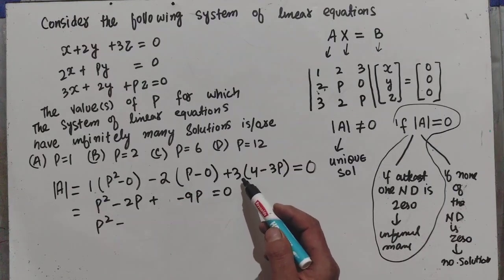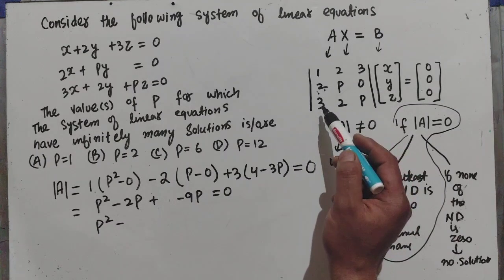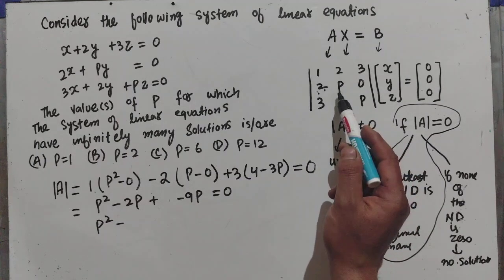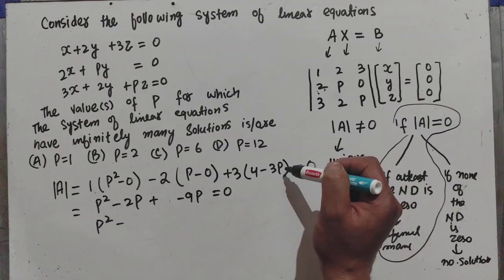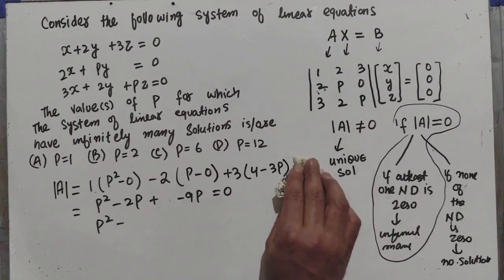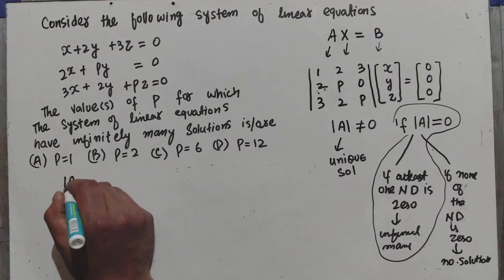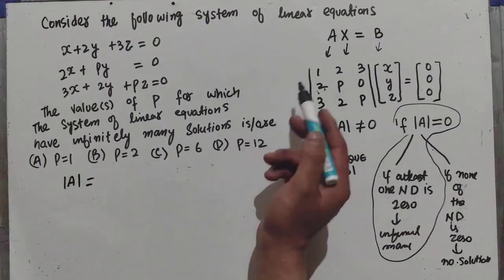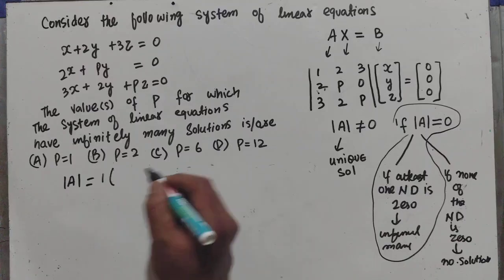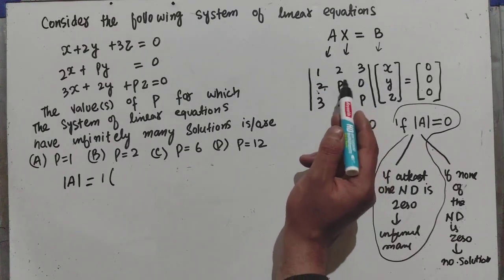Okay, so we have 2 2s are 4 minus 3p. Okay, 3 3s are 9. Still I am getting confused here. Okay, let me take the determinant again. So determinant will be equal to, so we write the first term, then we multiply. So delete this row and column. So determinant of this